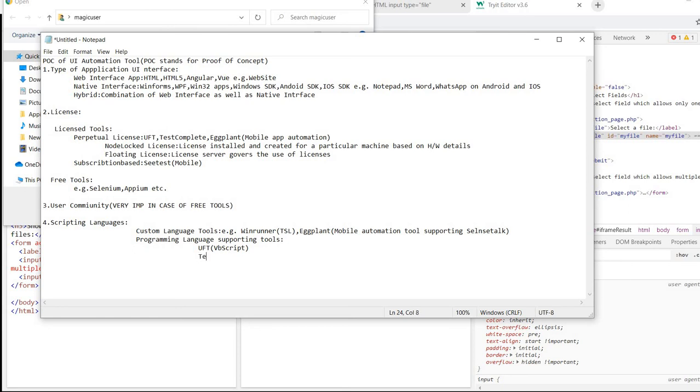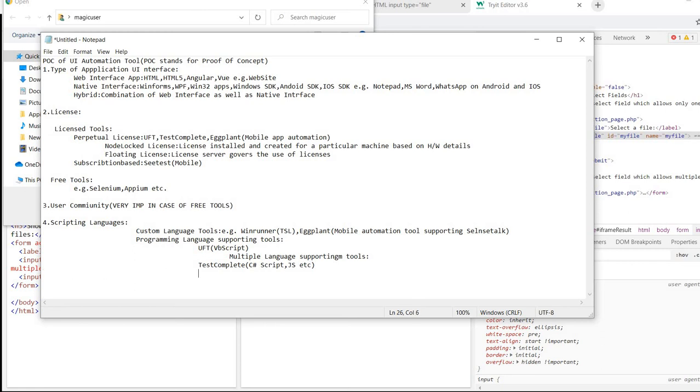But there are other tools now, like TC, that is TestComplete. It supports multiple languages. Multiple language support tools, I'll just bifurcate these tools. It supports JavaScript, C# script, and so on.